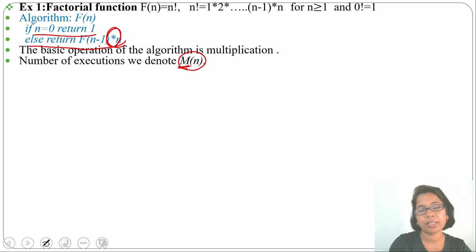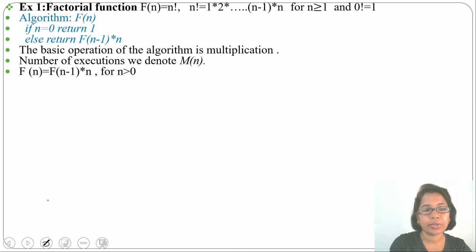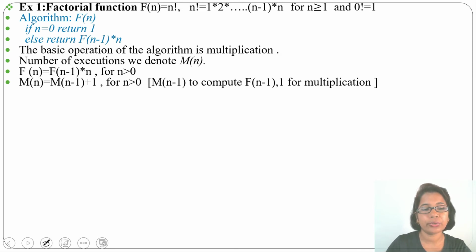M stands for multiplication. Most of the time you will see T(n). It's okay, you can use any alphabet. I am using here M for multiplication. F(n) equals F(n minus 1) multiplication n for n greater than 0. This factorial function we can write as M(n) equals M(n minus 1) plus 1.